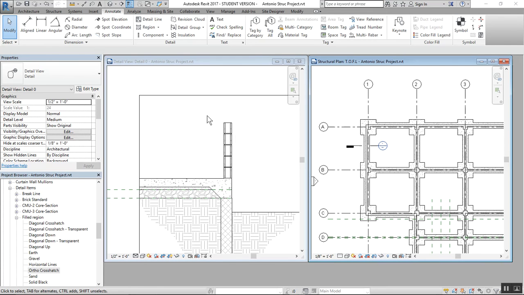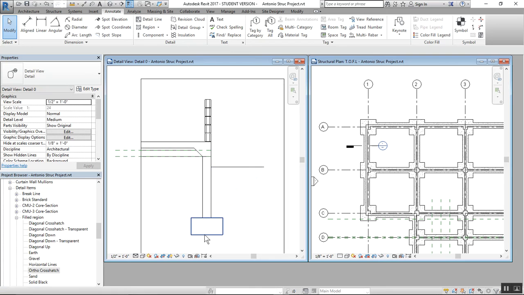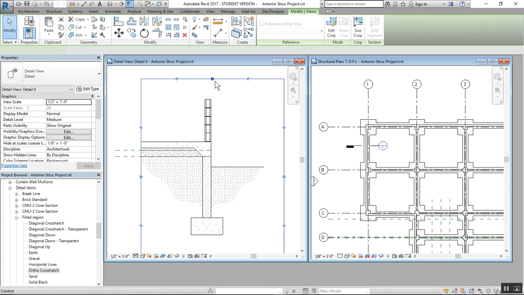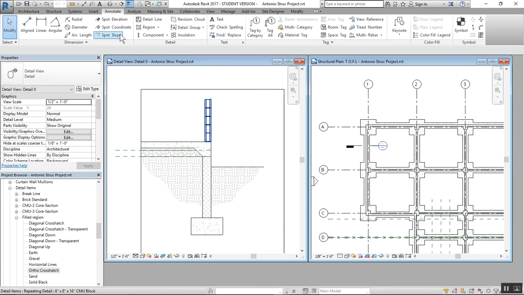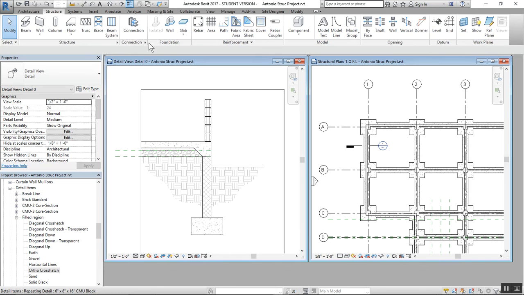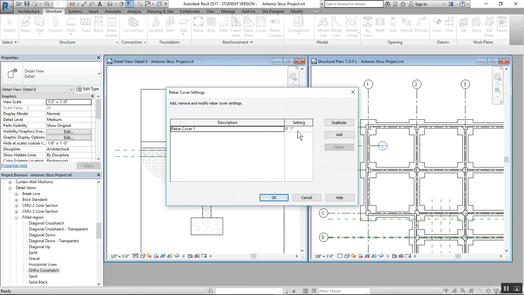So now we are ready to put in some reinforcement. And the reinforcement will go all the way up here. But before we do that, we have to change a few settings. So go into structure, reinforcement, and rebar cover settings. I want to create a few cover settings. So for this one, we will call it bottom